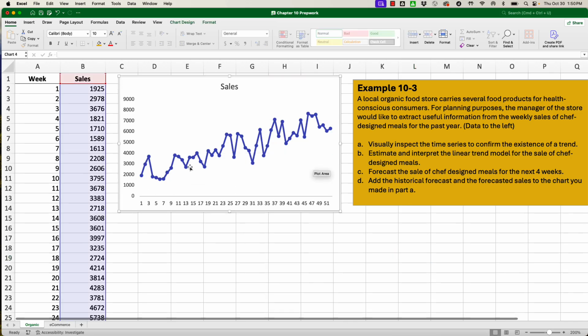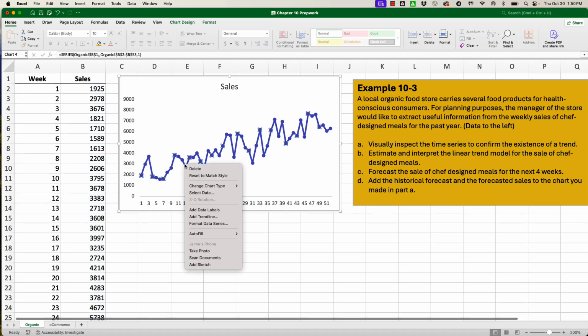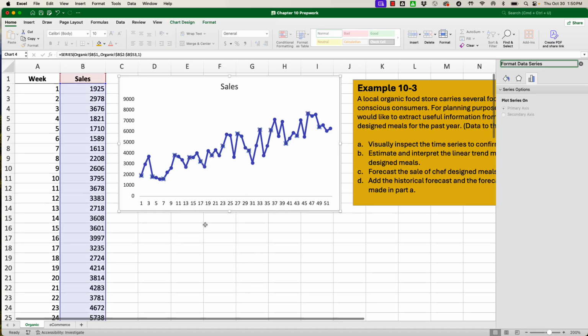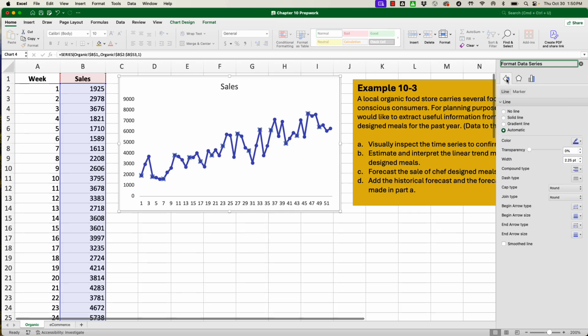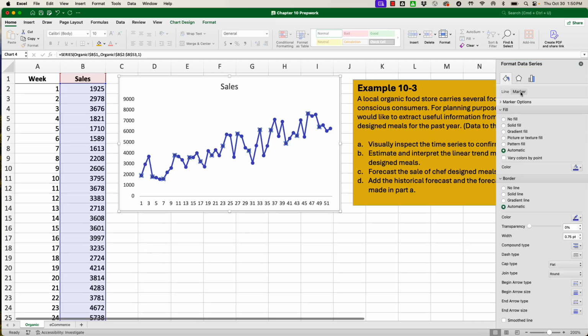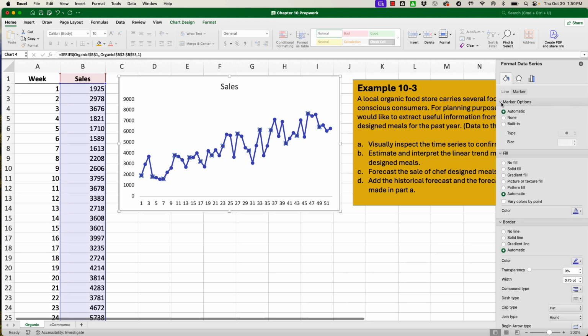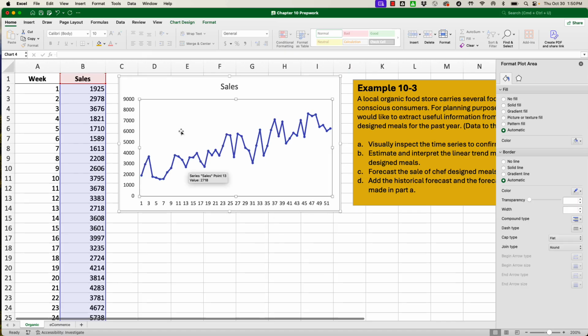It's a really thick line with really big dots, so I'm going to right click, format the data series, go to the bucket, and then go to my line and make the line smaller. Then I'm going to go to my marker options and make it smaller,